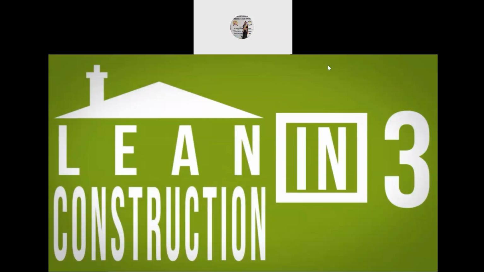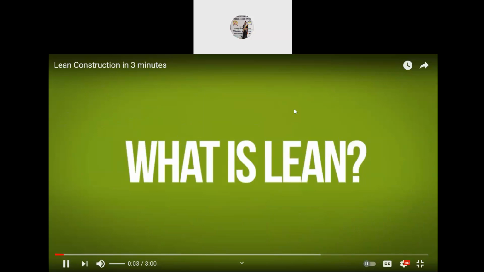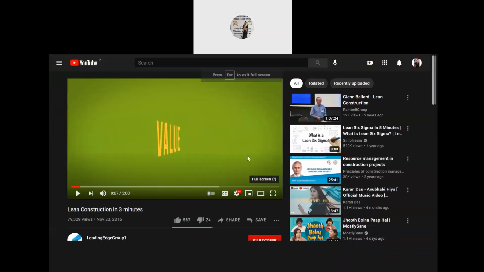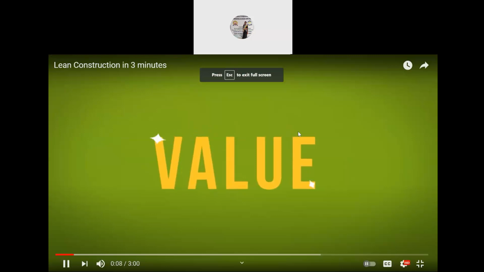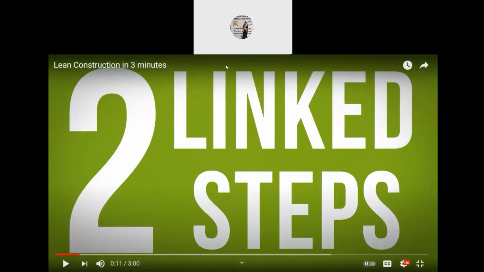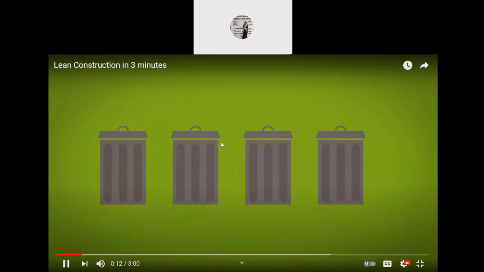Construction in 3 minutes. What is lean? Lean is a system involving the continuing transformation of waste into value from the customer's perspective. It focuses on two linked steps: the continuous elimination of waste and